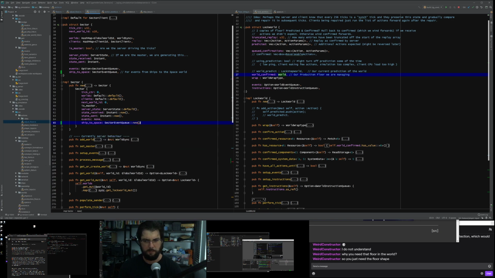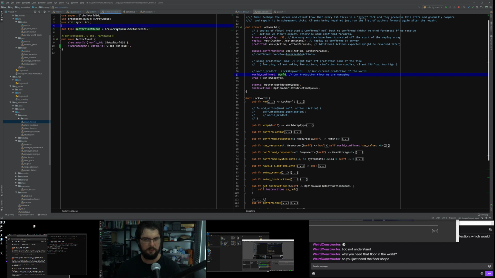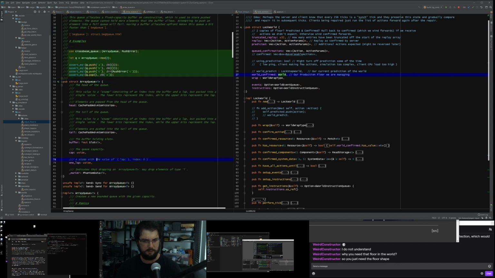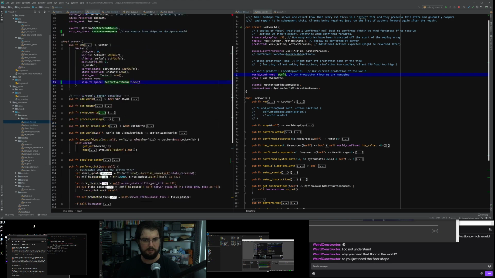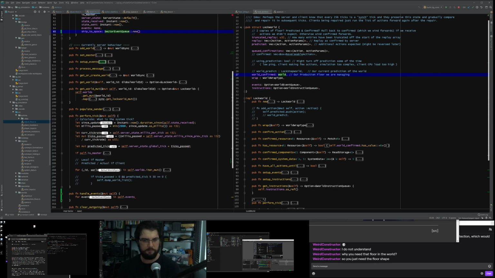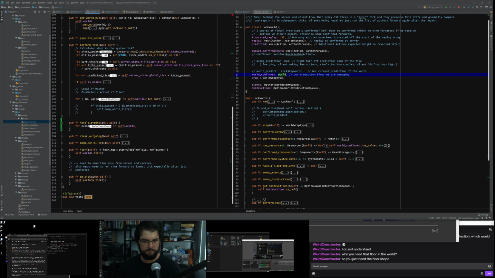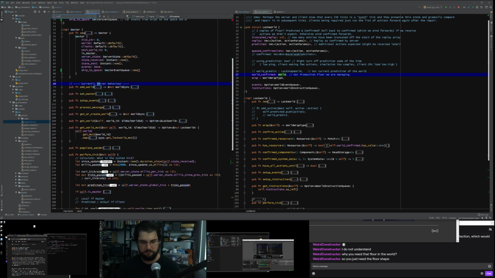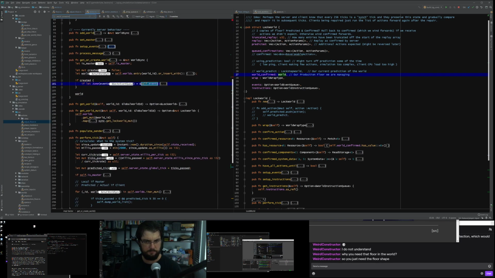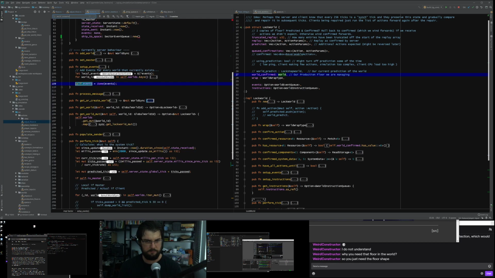Okay, ship to space. New. They're creating this new event queue. I think we have to specify. We can have a look at this other one where we create it. So, set up events creates one.